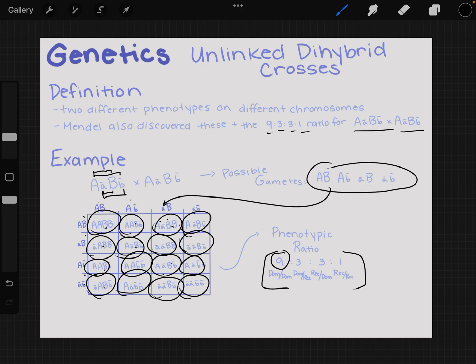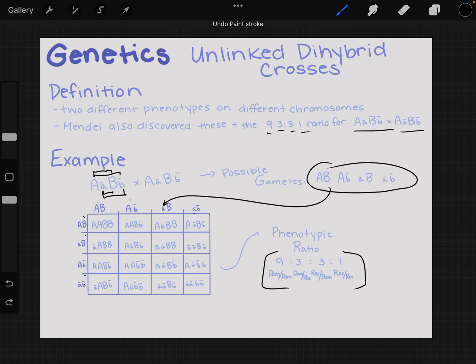So what is the takeaway here with unlinked dihybrid crosses? Well, if you want to write out the Punnett square on your exam, do it this way. Do it with a lot of boxes. It's complicated, it sucks. Sometimes that's just how it goes. But if you're not looking to write this out for the exam and maybe you're answering a multiple choice question instead,